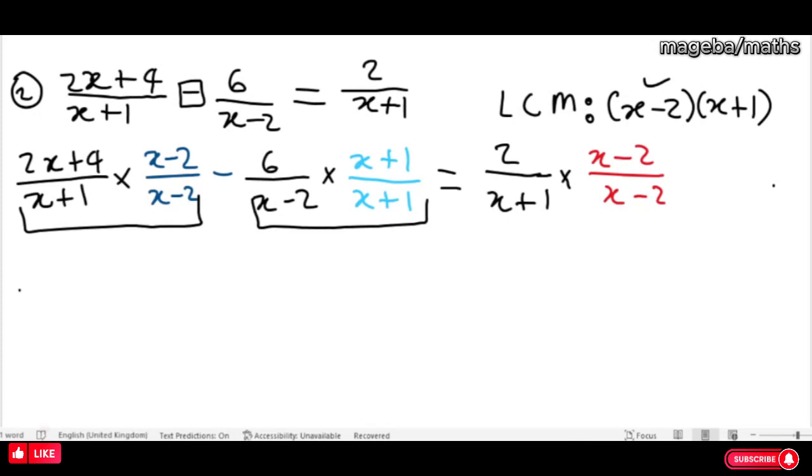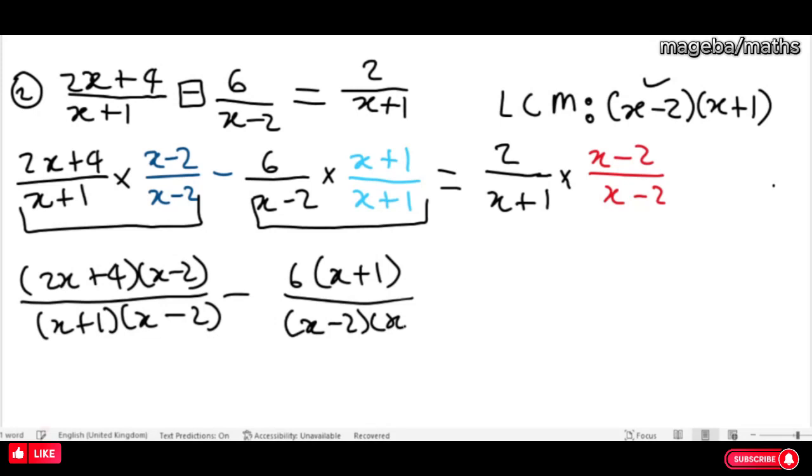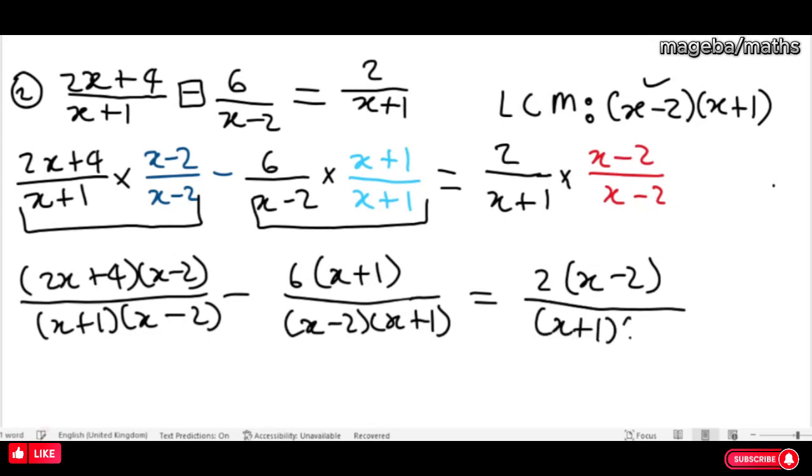X minus 2 into x plus 1, and then equals to this 2 into x minus 2 all over x plus 1 into x minus 2. Now what I was just telling you right now, this denominator is exactly the same as this denominator, and we have this negative sign in between these two equations that are there. Now we can take ones, remember the rule of the fraction, if the denominators are the same we add or we minus them, so we can take just one